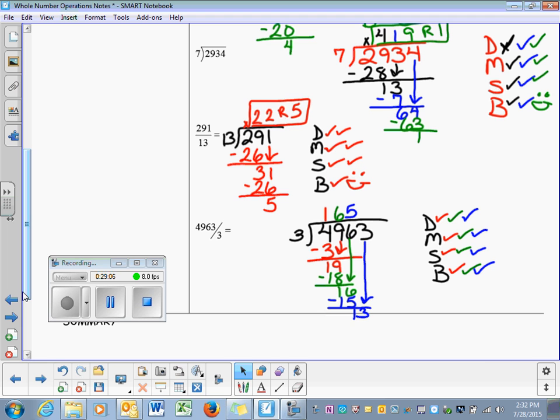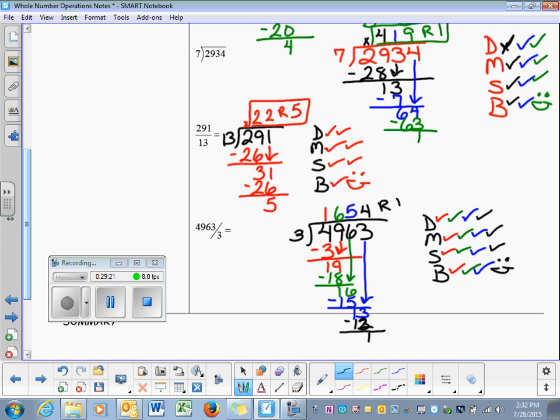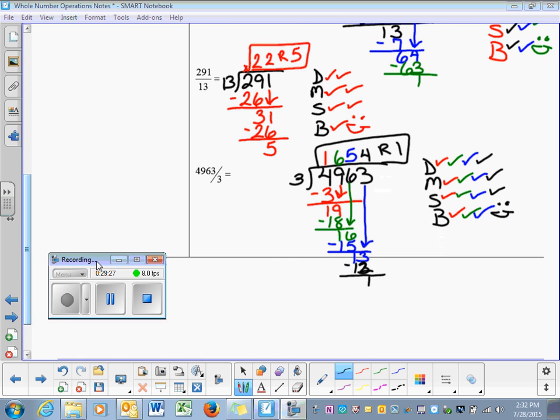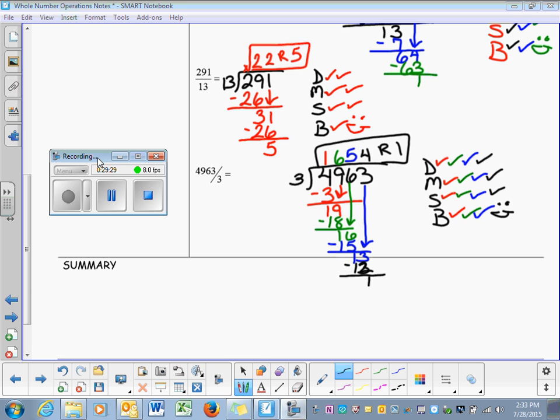3. 3 goes into 13 4 times. 4 times 3 is 12. 13 minus 12 is 1. And I have nothing left to bring down. So I have a remainder of 1, and my answer is 1,654, remainder 1. So our summary on these notes, we really want to bring out the main